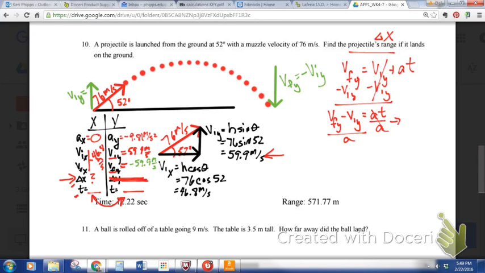Okay, from this point we can go ahead and put all of our numbers in. So time is equal to final minus initial divided by a. So we're looking at negative 59.9 minus our initial, which is a positive, so it's minus a positive 59.9 divided by negative 9.81. If you can see, having that negative is going to be really important. So we're looking at